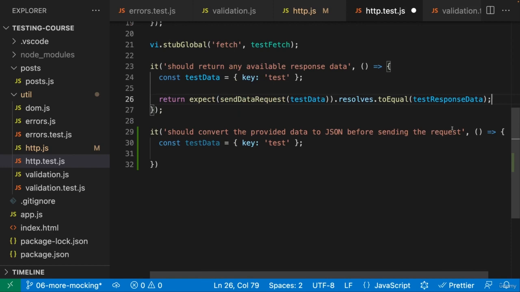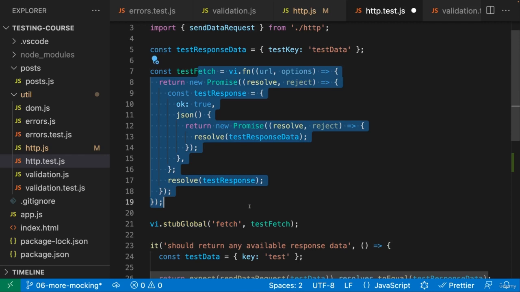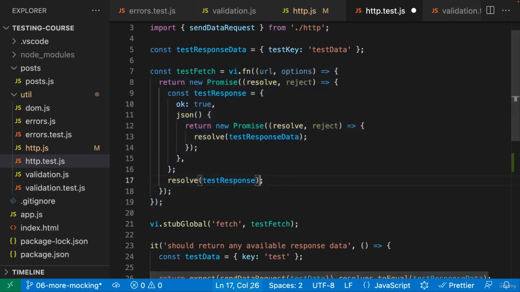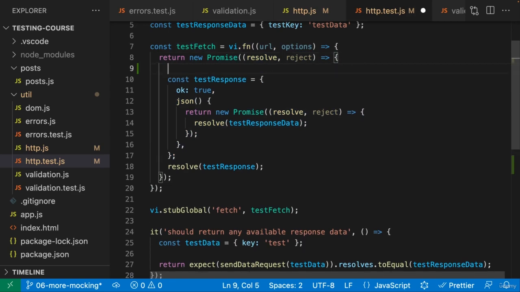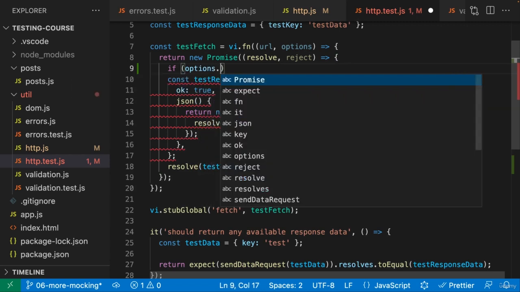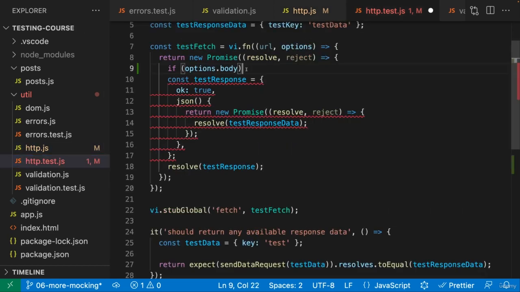And then what I want to do here is I want to find out whether the data was passed as JSON to the fetch function. And since I'm using my own fetch function here, I can of course add some code to it that does in the end allow me to find out whether the data was transformed. And what I will do here is I will go to this promise, which I have here, and I'll check if options.body, because we set the body of the outgoing request on a body key, if that is maybe not of